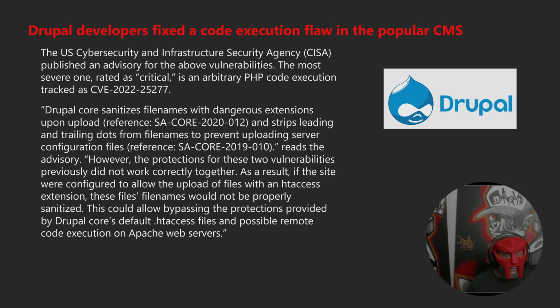and strips leading and trailing dots from file names to prevent uploading server configuration files, reference SA-core-2019-010, reads the advisory. However, the protections for these two vulnerabilities previously did not work correctly together. As a result, if the site were configured to allow the upload of files with an .htaccess extension, these file names would not be properly sanitized. This could allow bypassing the protections provided by Drupal core's default .htaccess files and possible remote code execution on Apache